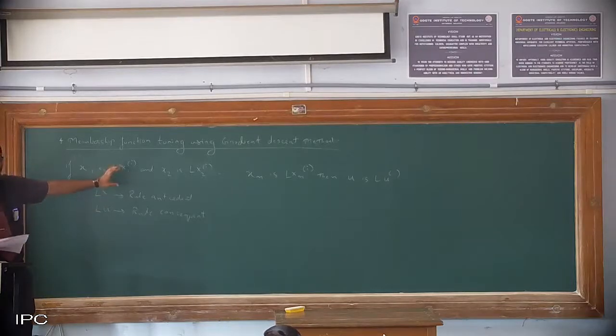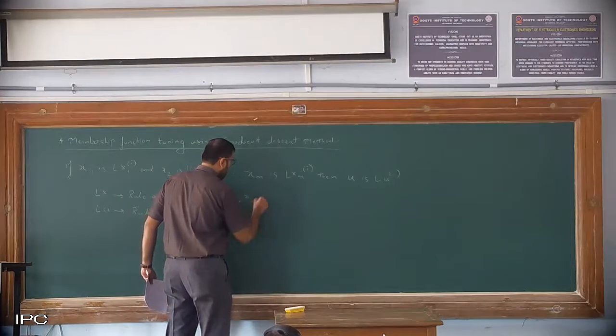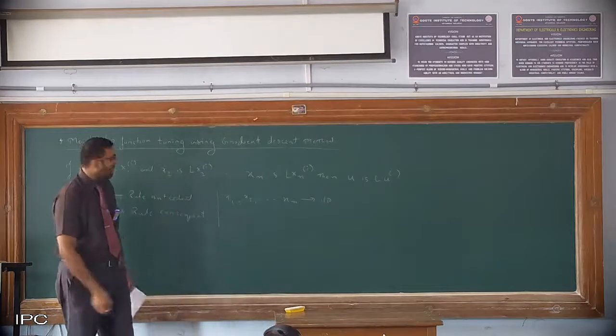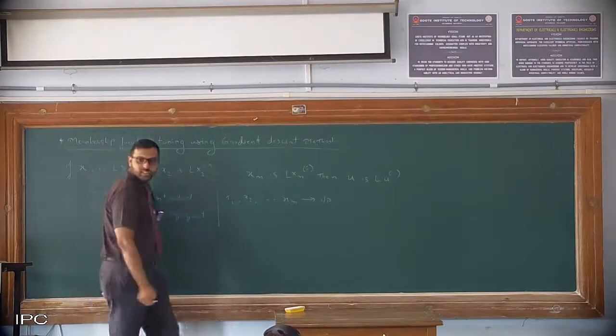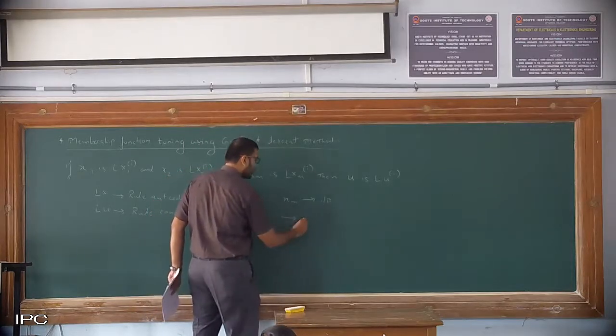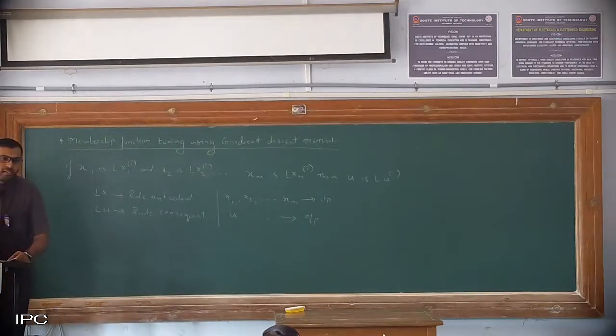So this is what is the equation, or what you can say the rule which is getting executed has been taken. So this is the antecedent part. Lx is an antecedent part, and Lu is nothing but the consequent part. Okay. Where another thing what we can say is x1, x2, xm are nothing but input parameters. Okay, so these are the input parameters. 1, 2, 3, all those things are input parameters. And then u is what? Output parameter. So these are the basic things what has been given in the rule now. Rule antecedent, rule consequent, what are the input parameters, what are the output parameters.